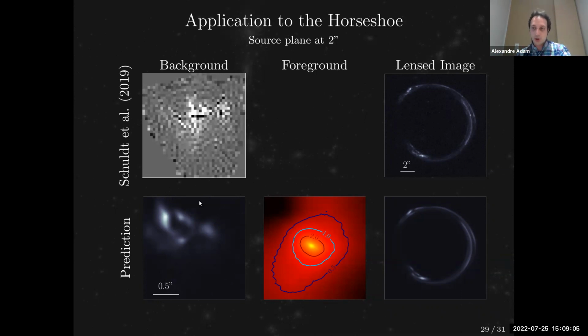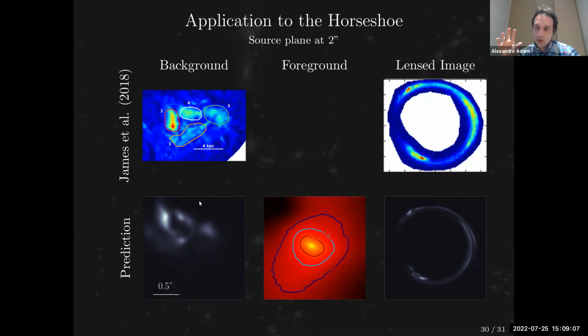And maybe I'll show another one. This one was done on a lower resolution image of the system by James et al. in 2018. And you can see they identified 4 clumps in a proto-galaxy, and we actually did the same. So our method was able to reconstruct a source that looks very much like what was accepted before.